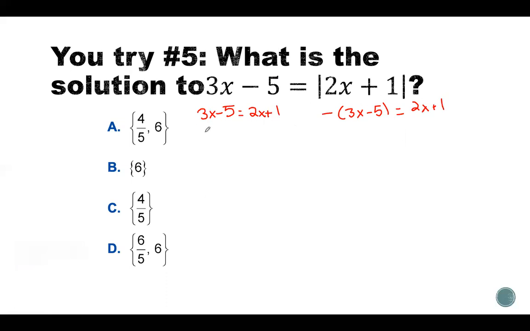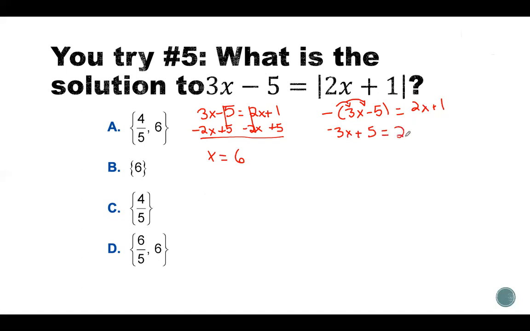So we're going to do the first one here. I'm going to subtract 2x from both sides. And at the same time, I'm also going to add 5 to both sides. So when we do that, the 5's cancel out, the 2x's cancel out, and we're left with x equals 6. On this side, we're going to distribute the negative so that we get negative 3x plus 5